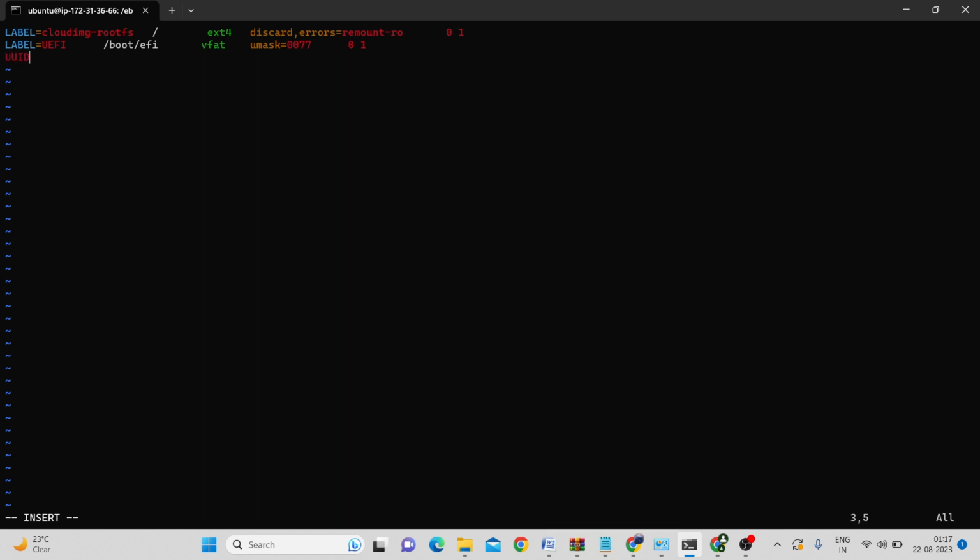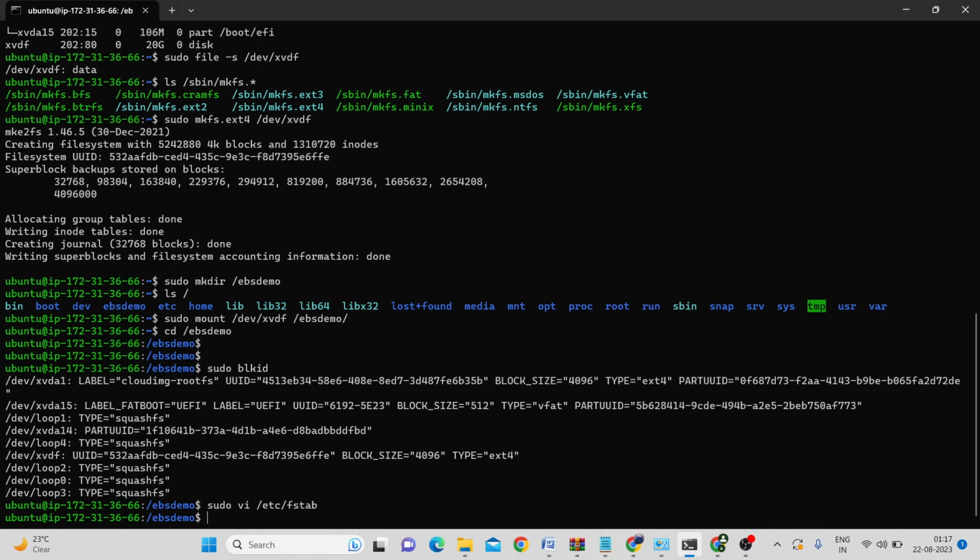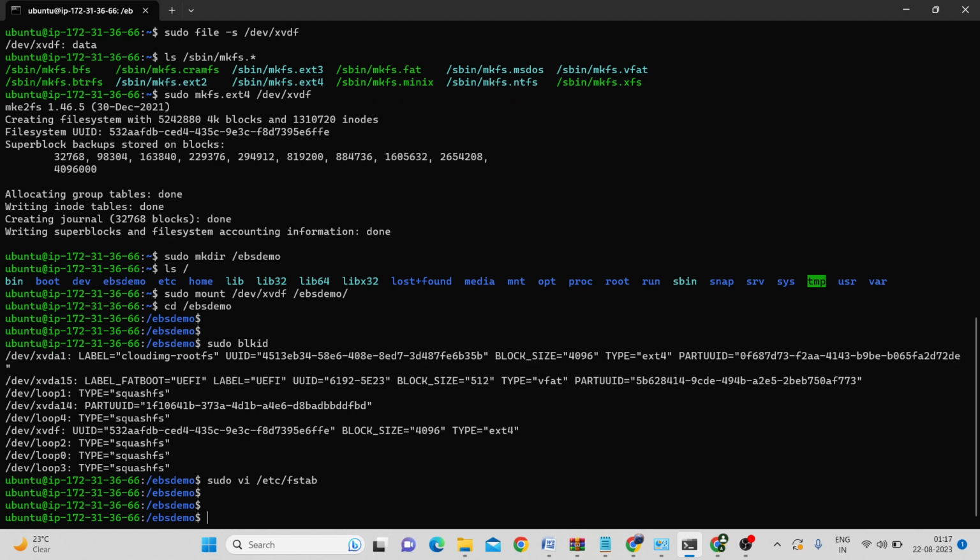UUID equal to, paste that value, along with the file, EBS demo. Then what was the name of our file system? ext4, if I'm not wrong. And then defaults. This defaults option will take all the default rules and regulations, so you need not worry. Just save this one, Escape, colon wq. Once we have saved this one,